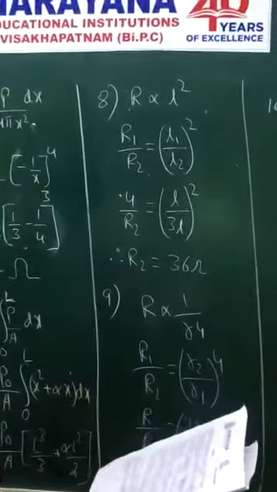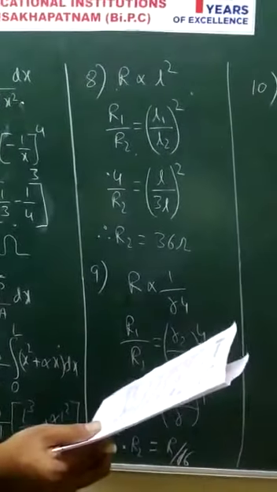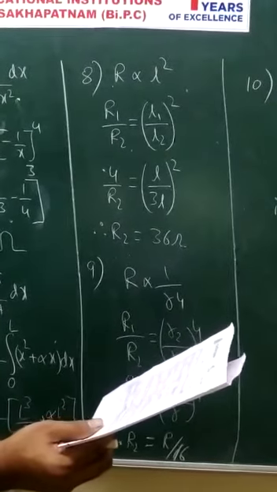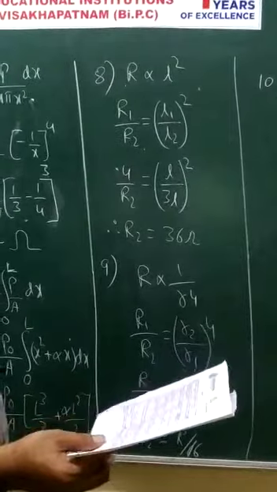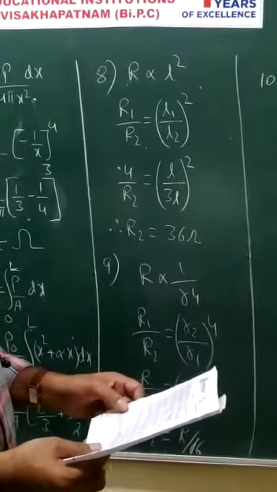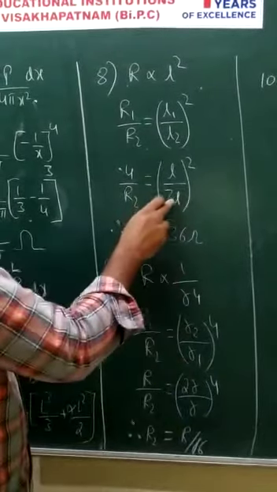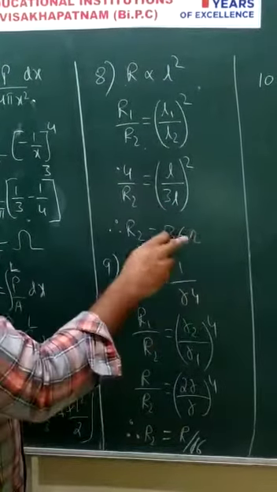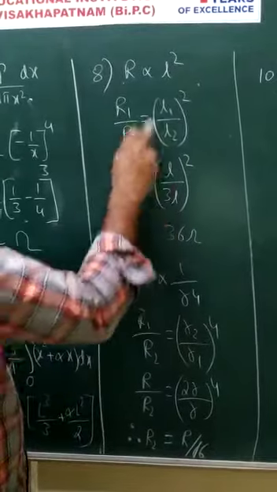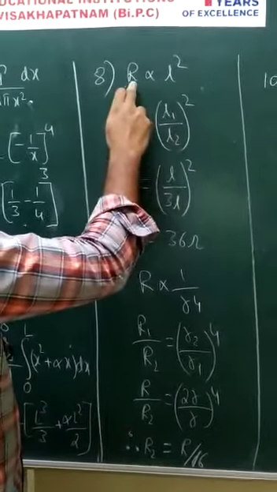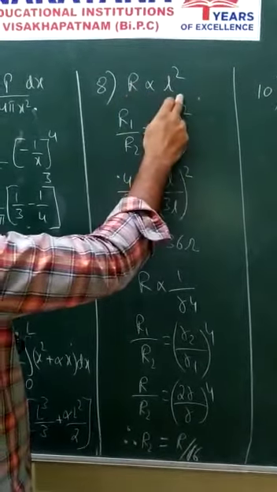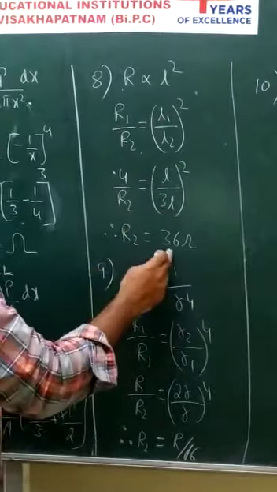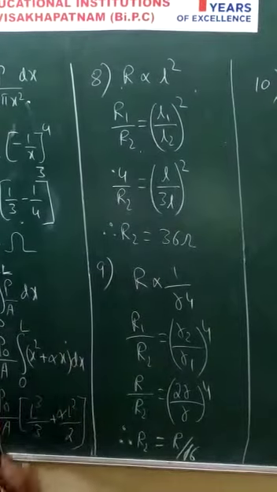The resistance of a wire is 4 ohm. If it is drawn in such a way that it experiences a longitudinal strain of 200%, then what is its new resistance? Longitudinal strain of 200% means the final length becomes 3 times its initial, because initial length is L, now the additional 2L, so L plus 2L, totally 3L. And in the stretching case we know that, when volume is constant, resistance is directly proportional to the square of the length, and by substituting the values we get the final resistance, 36 ohm.